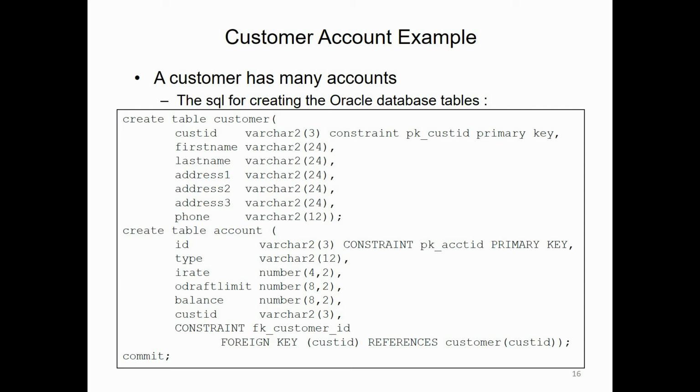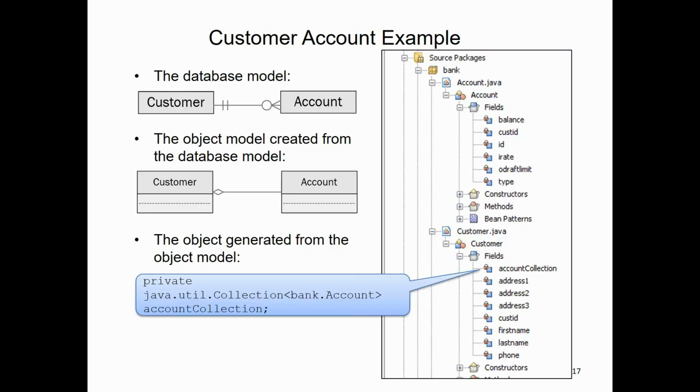That's important. And that will also feature in the annotations in the entity classes. When the database has been set up, we'll have a database model, such as the one shown at the top of the screen, where we can see a one-to-many relationship between customer and account. When the entity classes are generated, we'll see that the object model is very similar, and the relationship is now